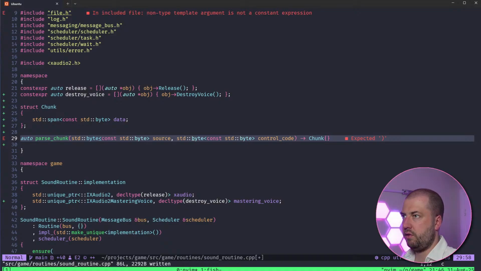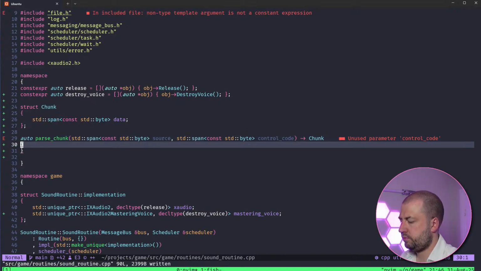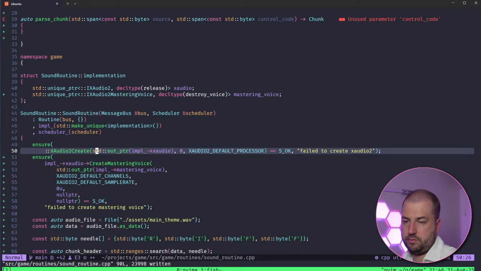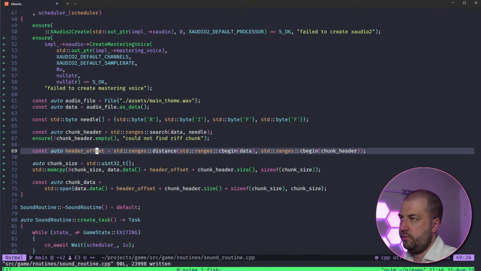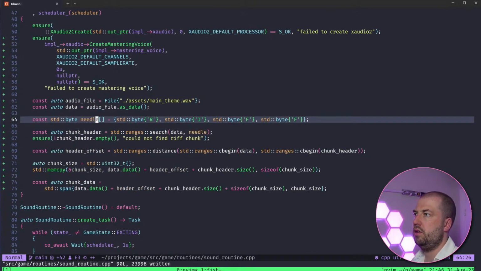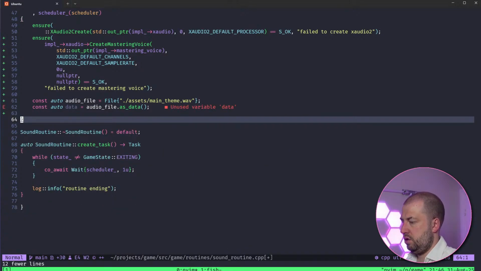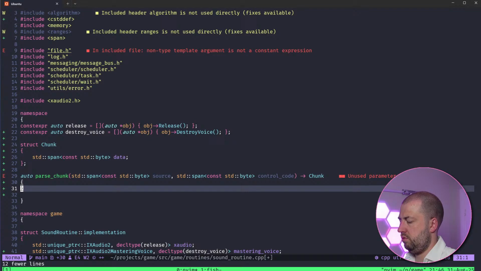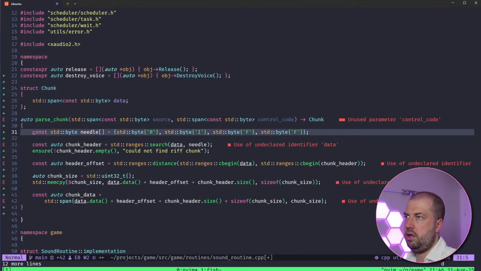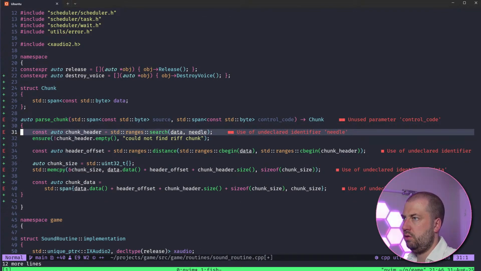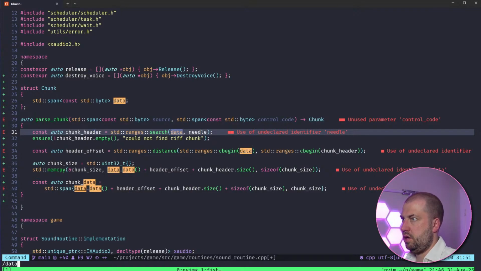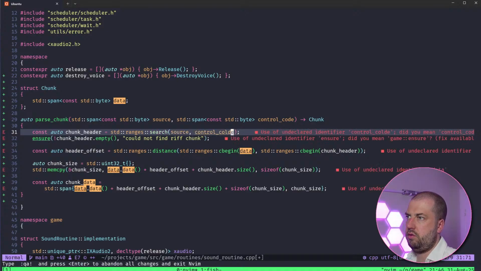Why have I got so many bytes? Okay, so now we can take a bunch of this and just move this up into here. Needle goes away because that's now called control code. Data is source and control code.